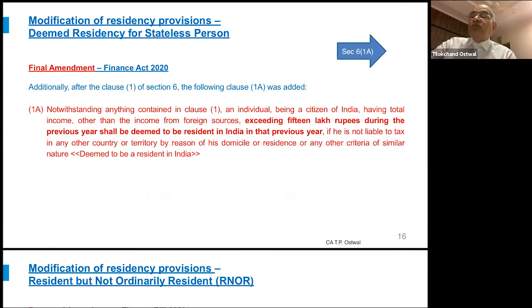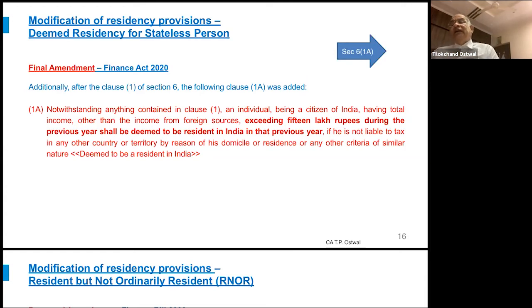They brought in the concept of the 15 lakhs of rupees income for deemed resident as well. What the law says now, after the full-fledged amendment, that earlier was a draft amendment: notwithstanding anything contained in clause 1, an individual being a citizen of India having total income, other than income from foreign sources, exceeding 15 lakhs of rupees, other than income from foreign sources, again an undefined term, but we shall assume that means Indian income. Therefore, an Indian income exceeding 15 lakhs of rupees during the previous year